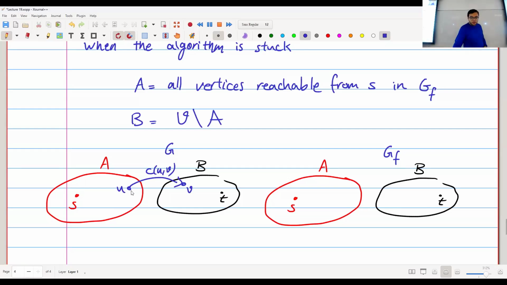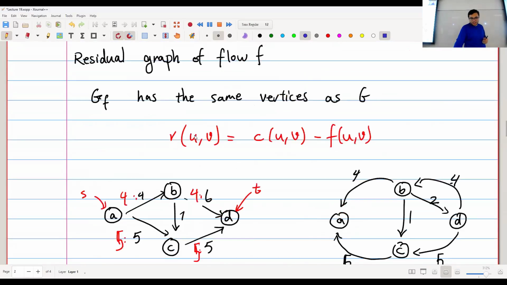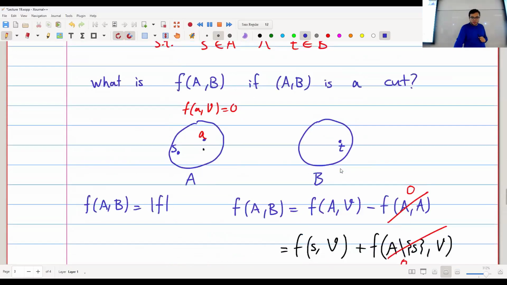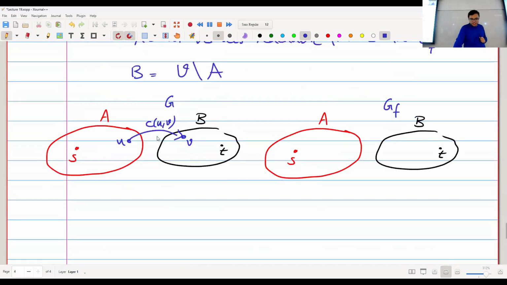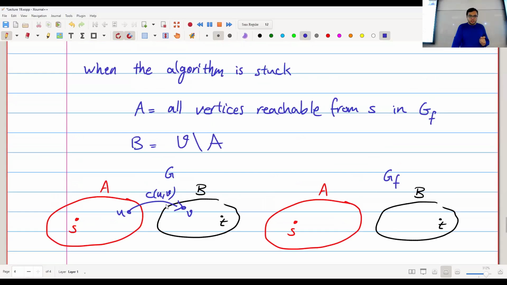It tells you that the amount of flow that I sent here was exactly equal to the capacity, because I don't put the zero edges, and the definition of my residual graph was that the residual value on every edge is the capacity minus the flow. So if this edge exists here but doesn't exist here, it means that the flow on UV was equal to the capacity from U to V. Okay,